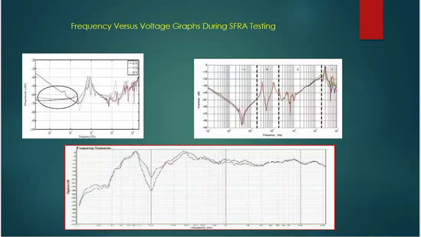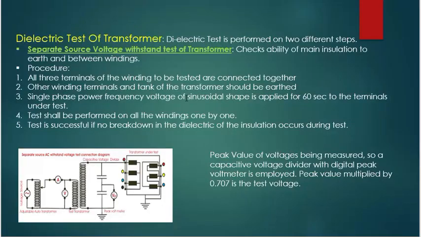So this sweep frequency response analysis test is a very useful test. Now we'll study the dielectric test. The transformer, when operating in the power system, is subjected to power frequency overvoltage, lightning impulse voltage, and switching impulse voltage. Power frequency overvoltages are generated in the power system by ferroresonance, load rejection, and single line to ground fault. Power frequency overvoltages can be sustained in the network from a couple of seconds to a couple of minutes. Transformer dielectric must withstand these occasional power frequency overvoltages in the system.